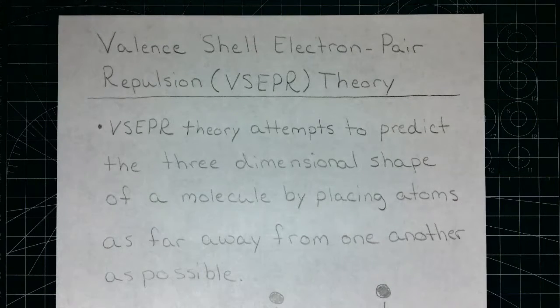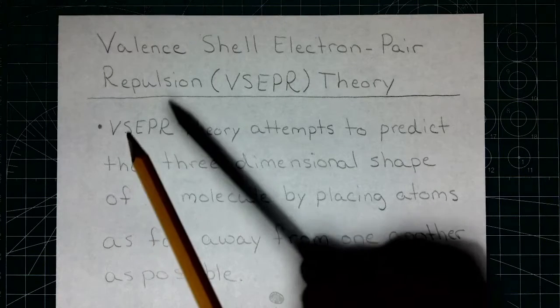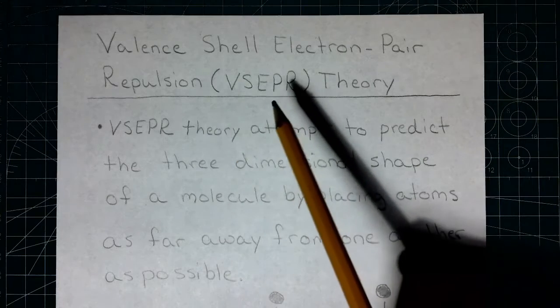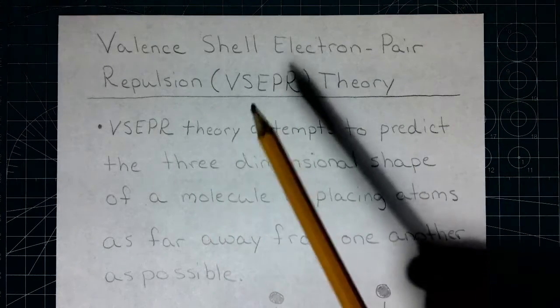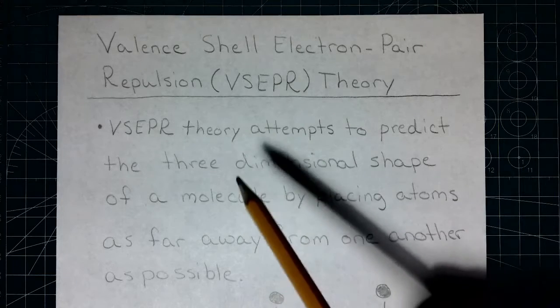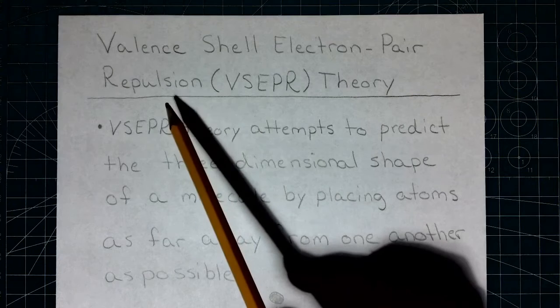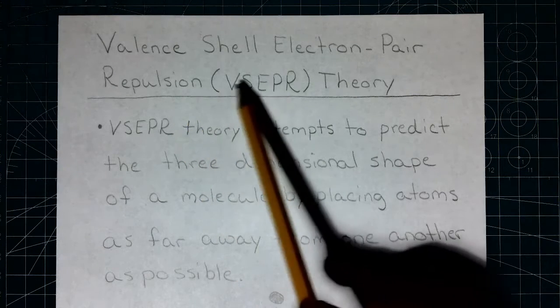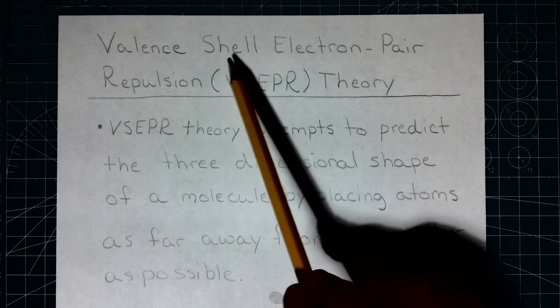Hello everybody. In some of my earlier videos, I alluded to the fact that molecules are in fact three-dimensional objects that we are attempting to draw out on a two-dimensional piece of paper. And we actually have some tools for predicting what the three-dimensional shape of a molecule is going to look like. And the simplest of those is what is known as valence shell